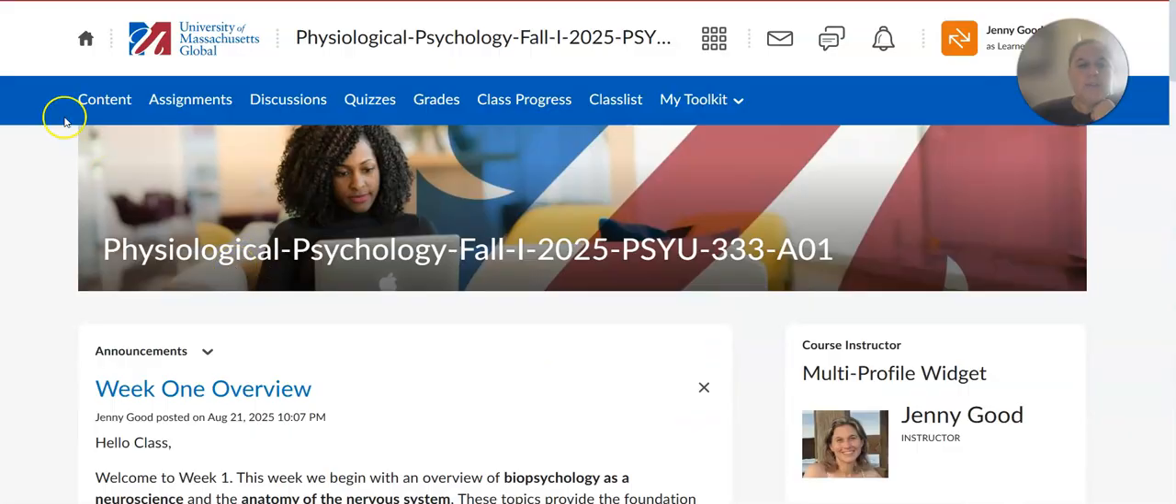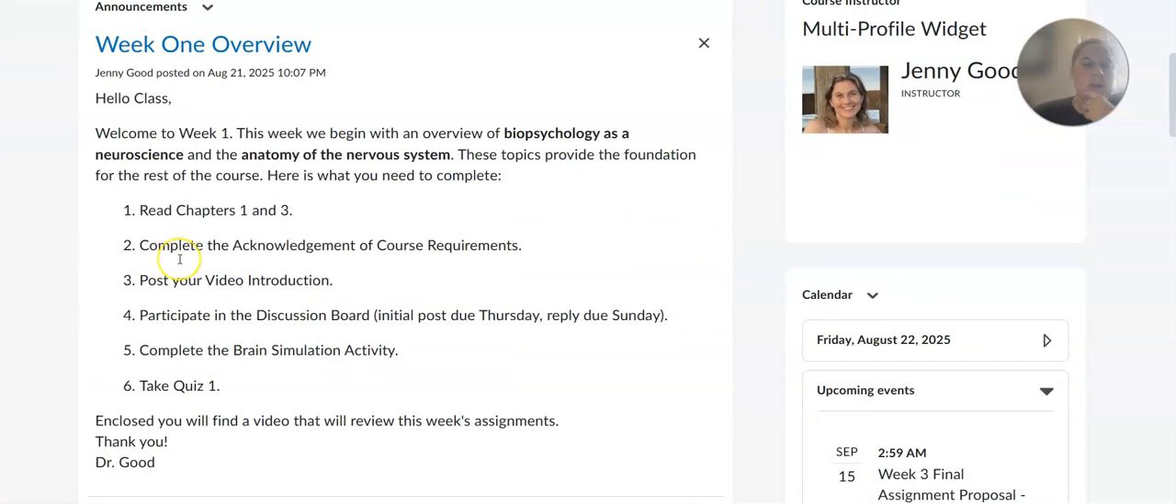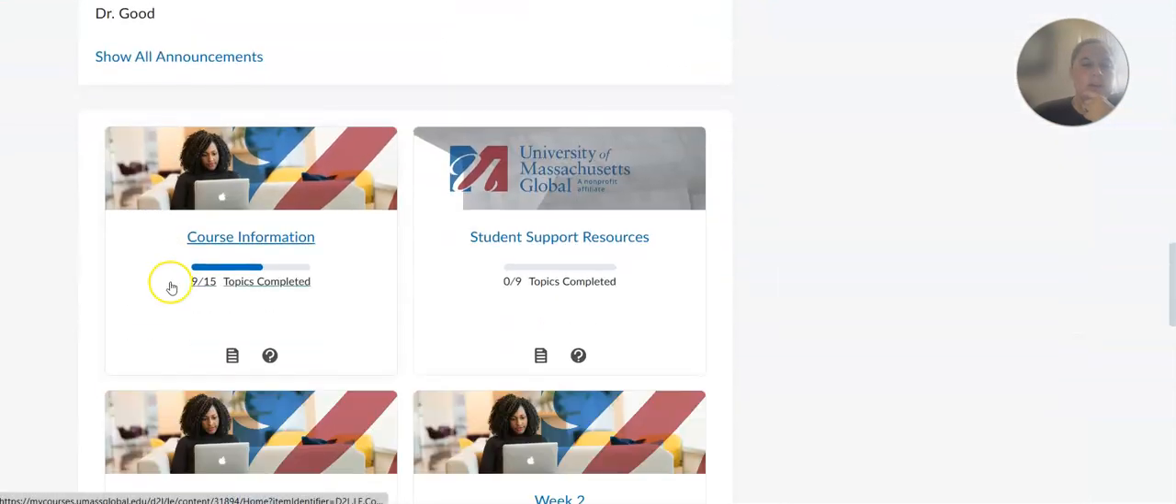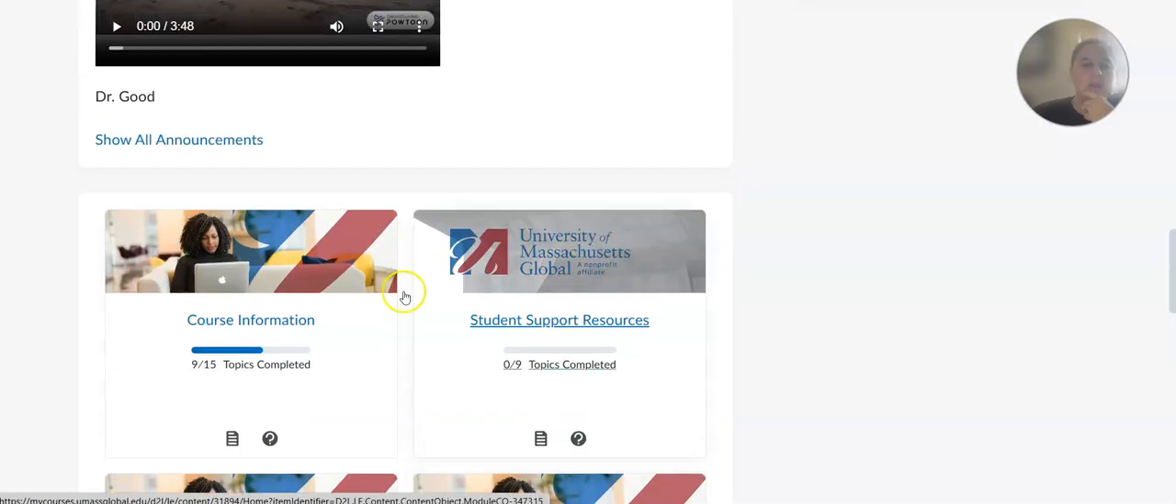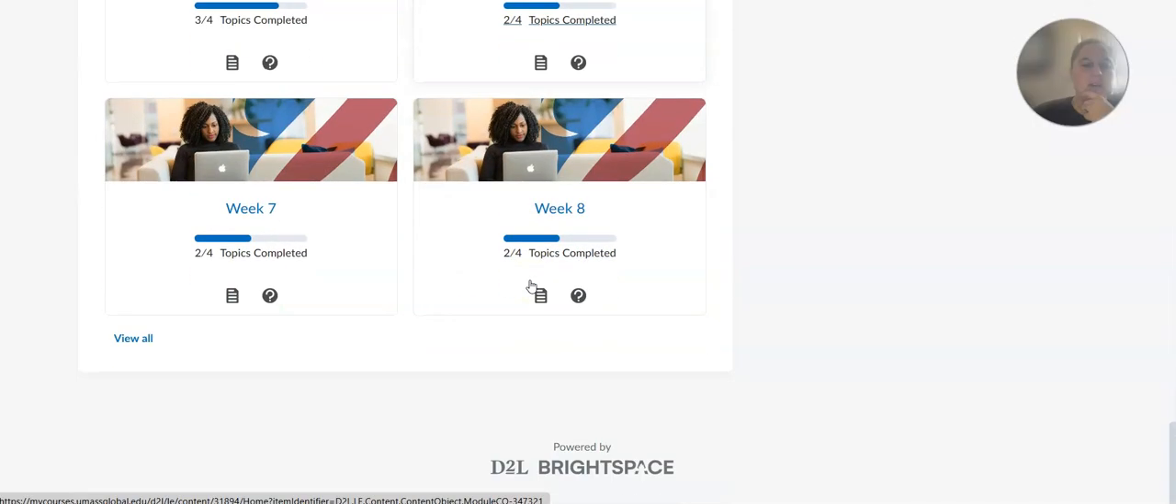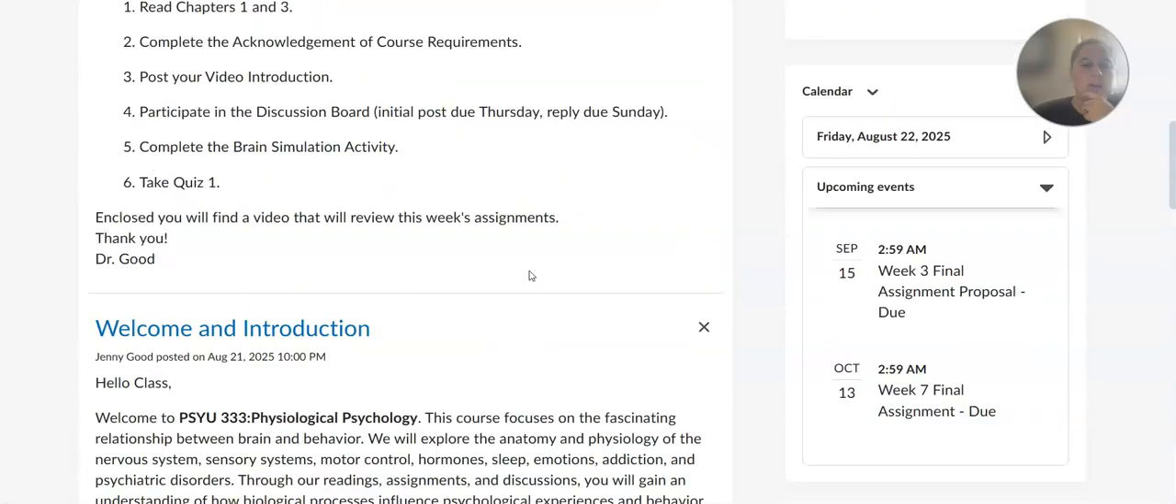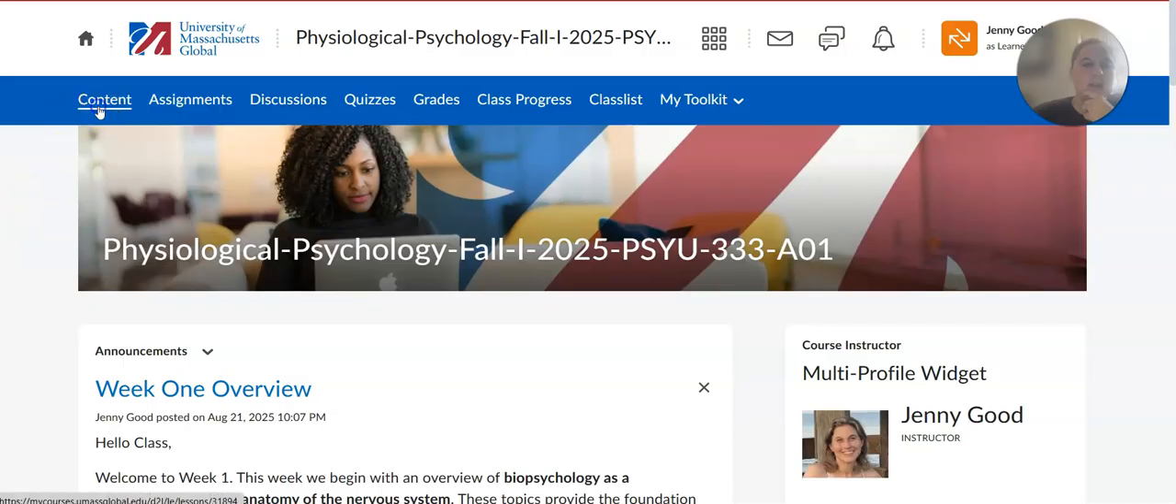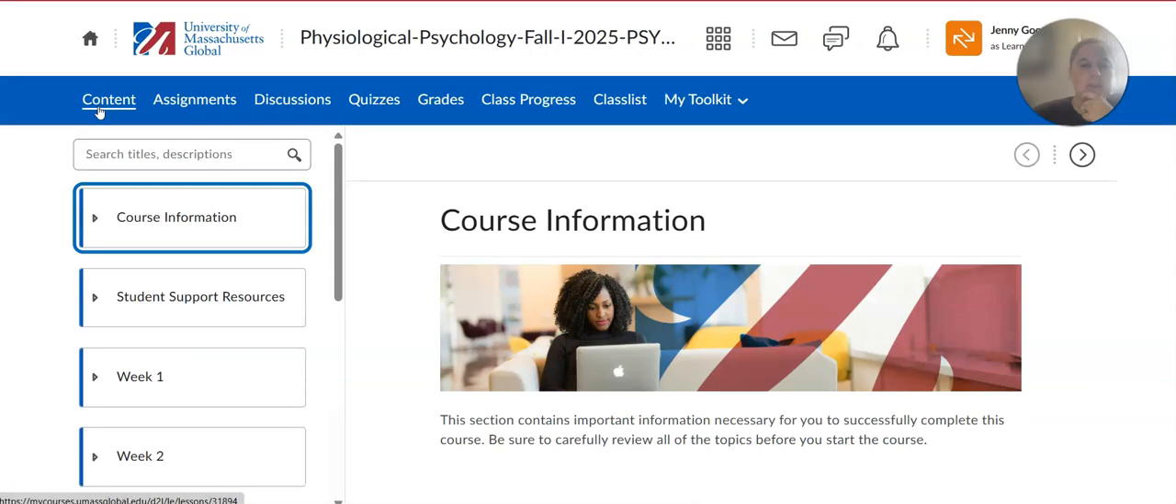Now you're going to see that the main content of this shell of these courses can either be found on content. I kind of like that menu better, or you can go below the announcements and there's all the different information here too. So whatever you like better, if you like kind of clicking on these instead of the content, you can, or as I said, I personally like clicking on content because it's in more of a different table